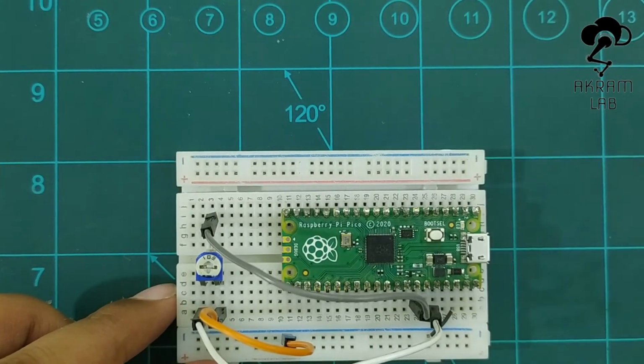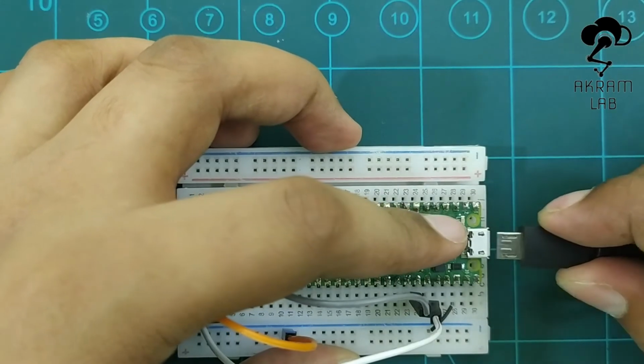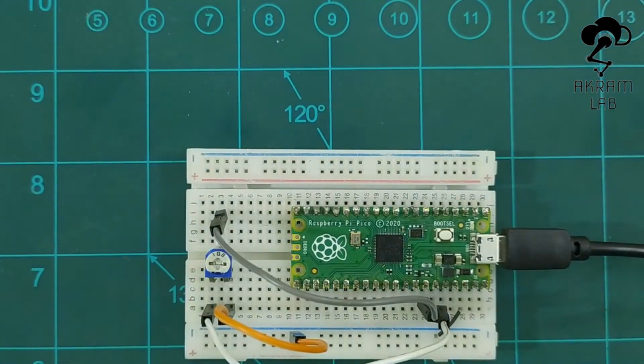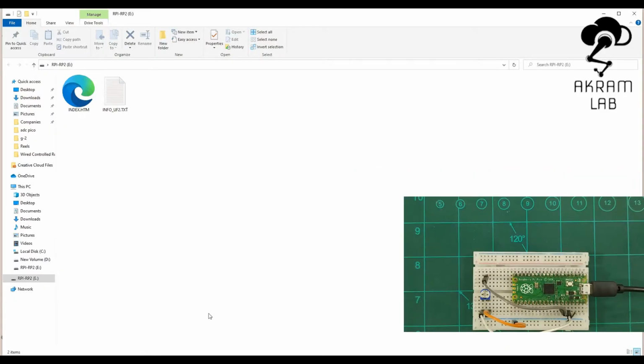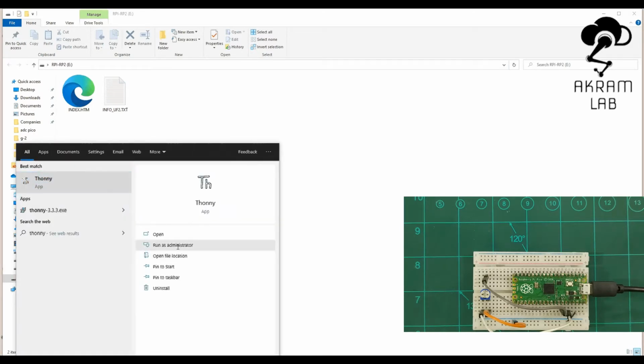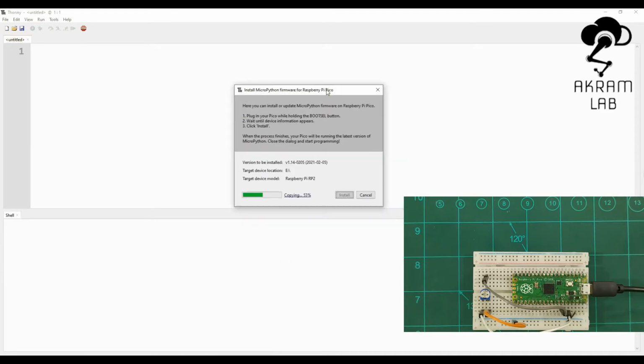And now I am going to connect this using a micro USB like this. First of all, press this BOOTSEL button and then connect it. Now on this screen you can see that this window pops up. Now I am going to open Thonny here because I am going to program this using MicroPython. Now hit install here so that MicroPython for Raspberry Pi Pico can be installed. It is done, as you can see here. If you need to find the COM port, you can see here it is COM 4, and then close.